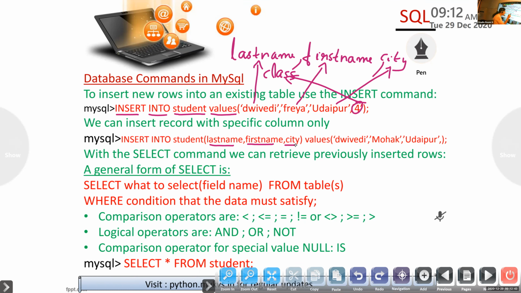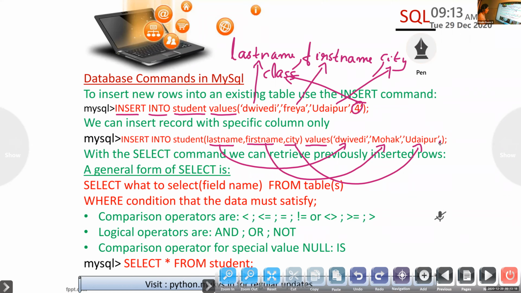Then close the bracket, values, and the value of last name should be entered first. What will happen to the 4th value? You don't enter it. Don't write a comma after the last value, it will generate a mistake. Then a null value will be inserted.